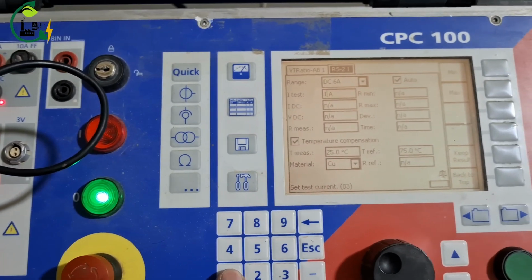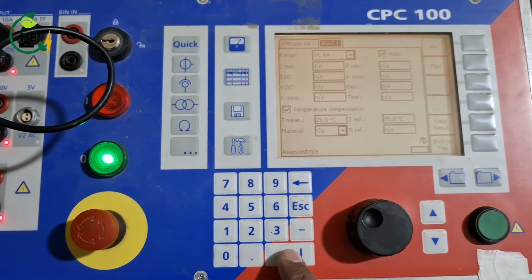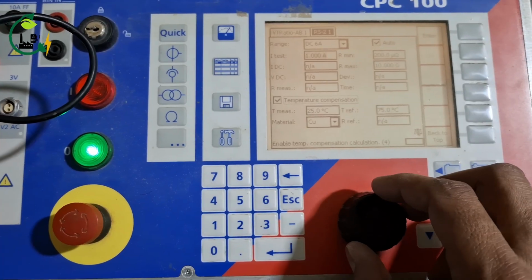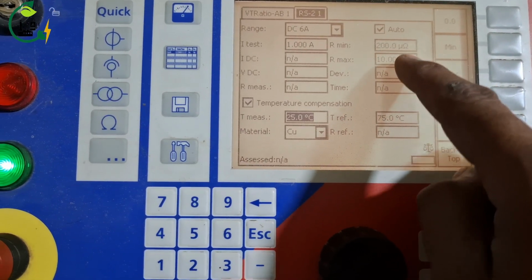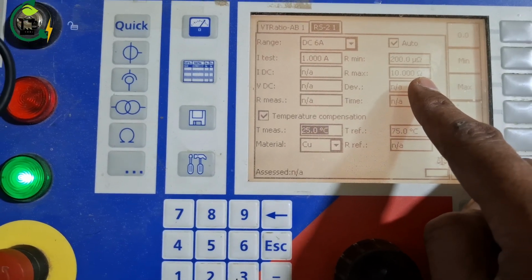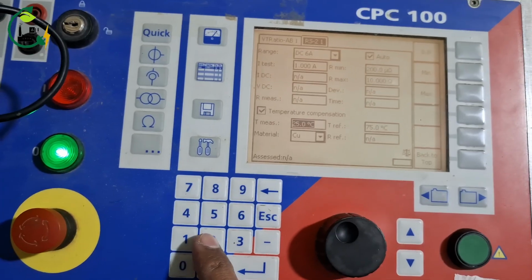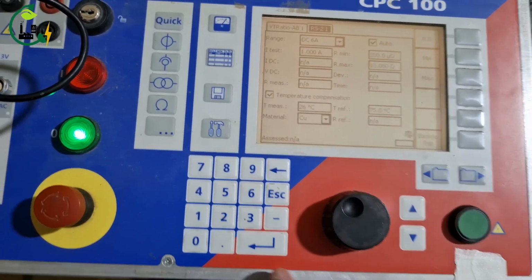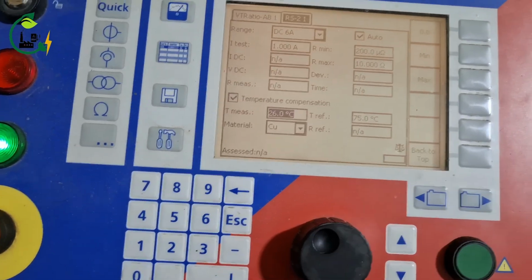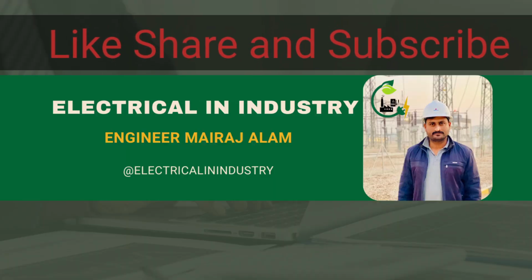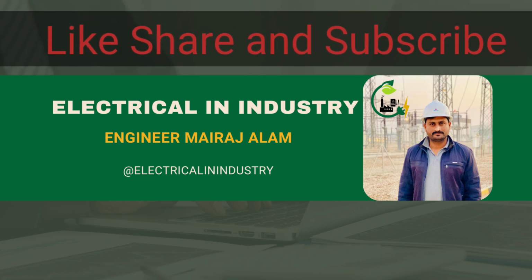So I will inject 1 ampere to calculate the proper resistance, because the secondary winding has very low resistance, that's why we use the current injection method. You can see 200 micro ohm to 10 ohm we can check with the injection method. For the primary we cannot use this injection method, so we will use the direct method. After setting the ambient temperature, it will calculate the resistance at 75 degrees, which is mostly recommended as the reference